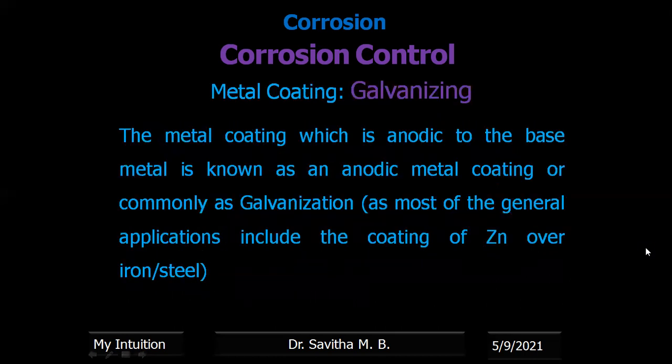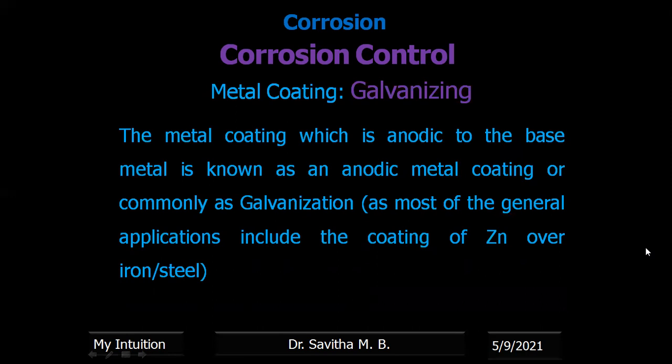Okay, the third method of coating. One is organic, that is painting. Inorganic is anodizing. Now, the third method is metal coating, right? So you have a base metal, meaning the metal which you have to protect. You are coating that with another metal, and the other metal will completely isolate the base metal. Our intention is to safeguard the base metal.